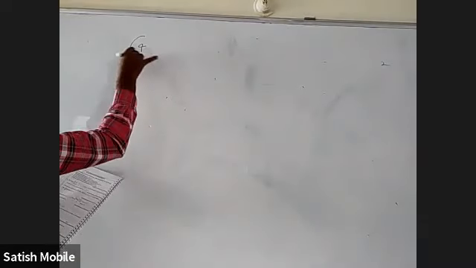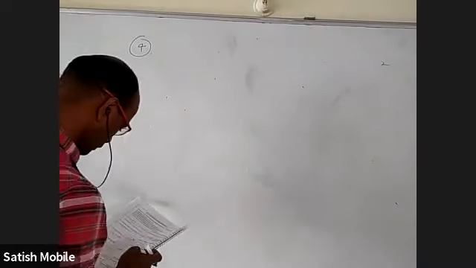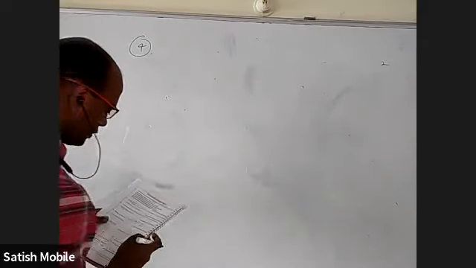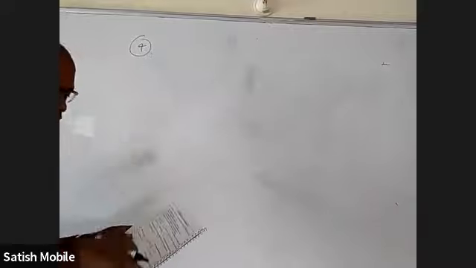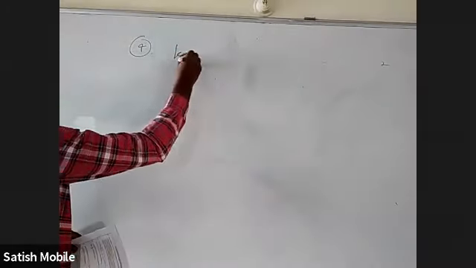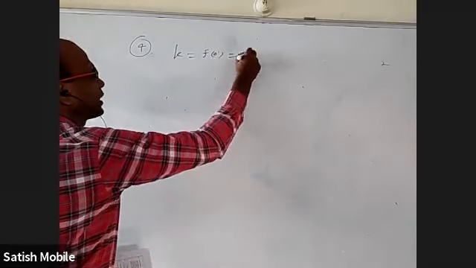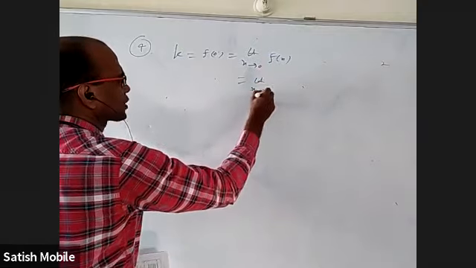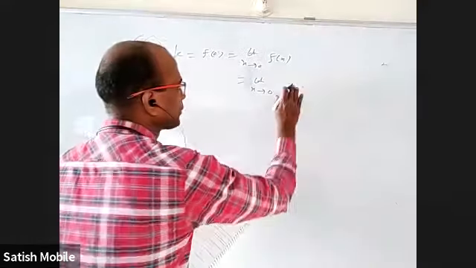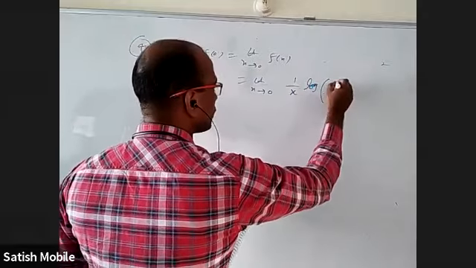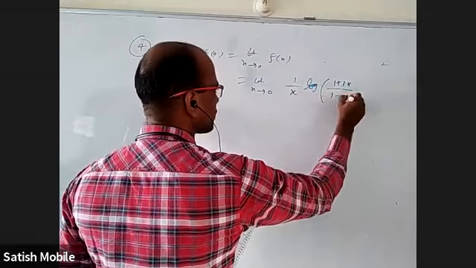Okay. Next, fourth question here. Okay, fourth function is they gave before 0, after 0 they gave a function, and at 0 it is something else. So k, which is f of 0 here, should be the same as limit x tends to 0 of f of x. But what is the function given when x is tending to 0? 1 by x log of 1 plus 3x by 1 minus 2x.